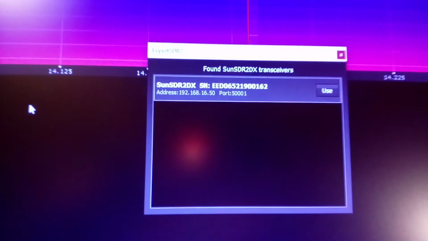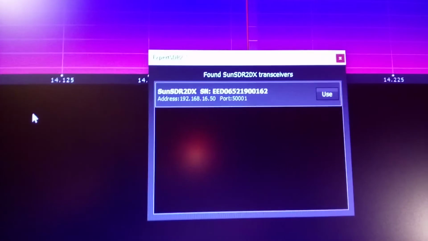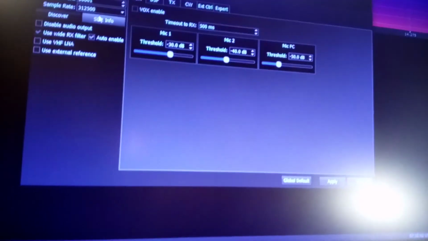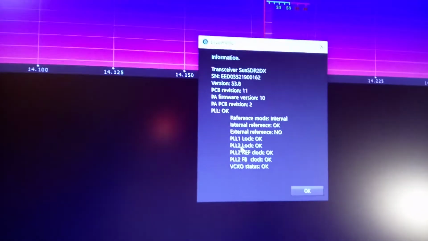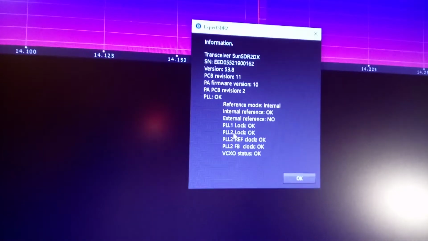that comes up and says 192.168.16.50. So I can click on use, and then when I go back to here, SDR information, it's all there. So once I know I've got this is the only thing that I was trying to make sure I got. Once I got the information for the SDR radio,